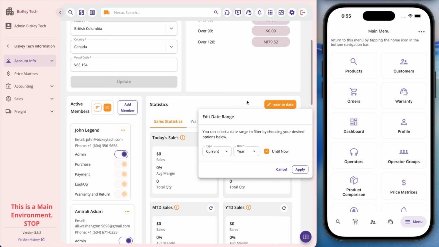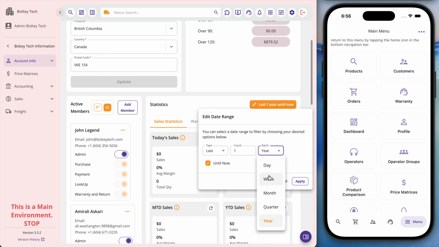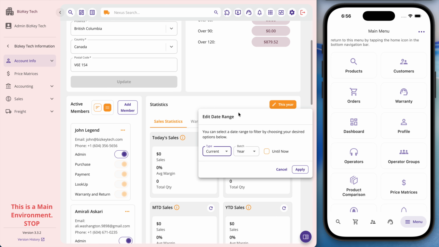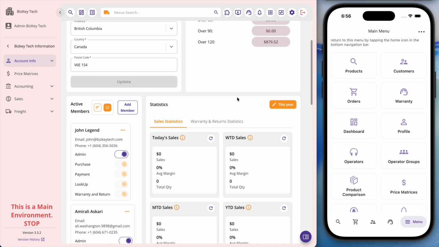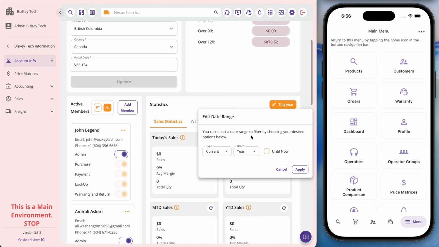So we've provided you with a date range that is very similar to what we have back in our analytics module, that provides you with an ability to set what date range you want to choose, and it is fully dynamic. So if you set it right now, you can then come back to it and see that, from now on, all my customer profile statistics will be set to this specific